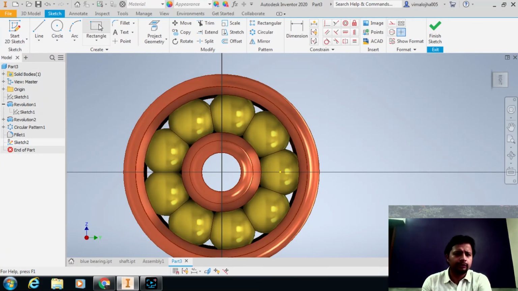What we need to do is create a rectangle here, a small rectangle like this. Just say OK.